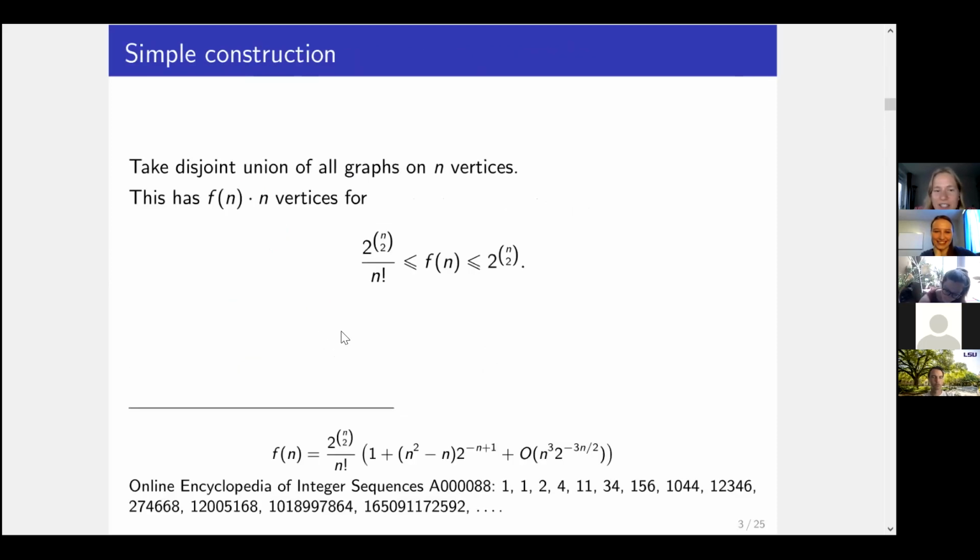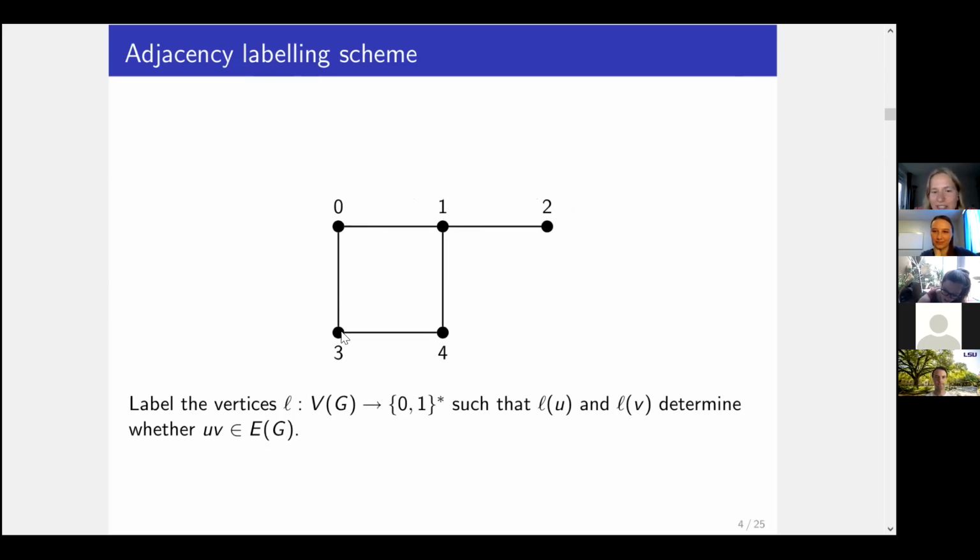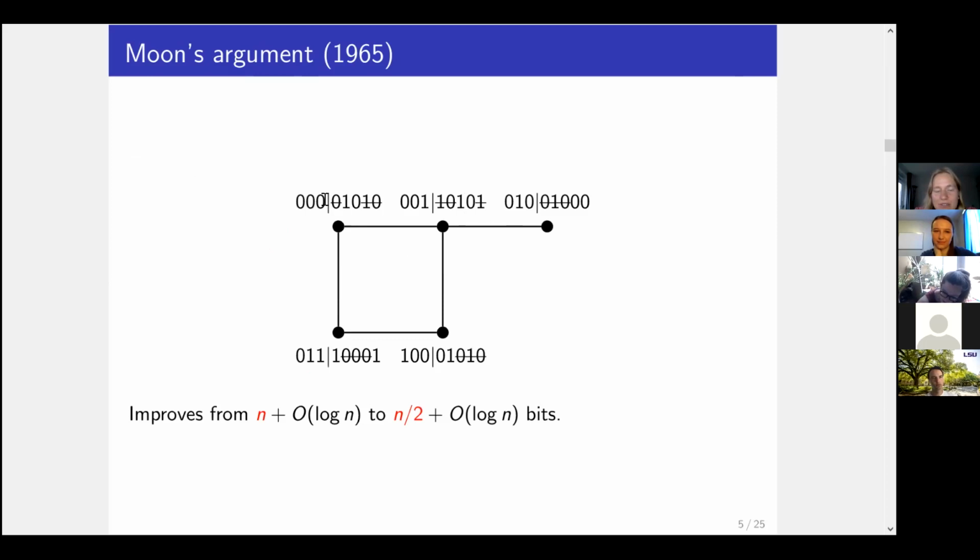At least one of the reasons why Moon's construction is not tight is that I've written down the names at the start, which gives us this extra term of big O of log n. So I think also probably Noga Alon's result is only tight for n sufficiently large. I think he does have some smaller error term somewhere still, but you can actually get rid of this